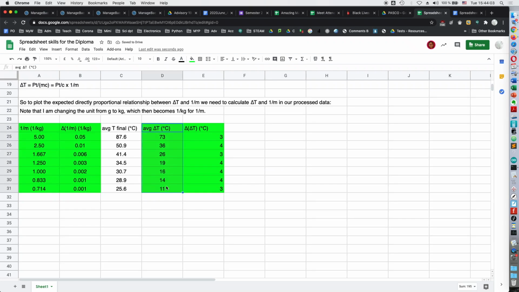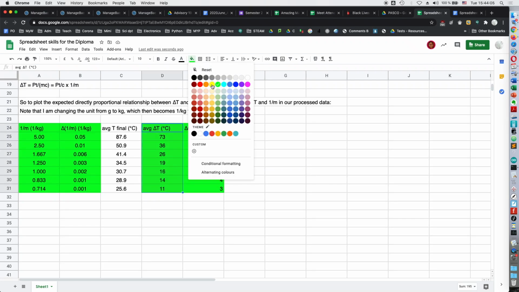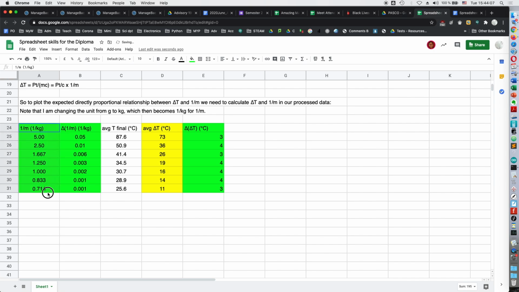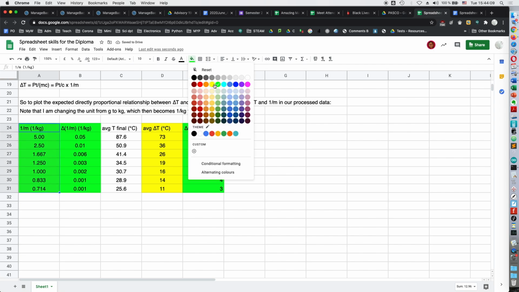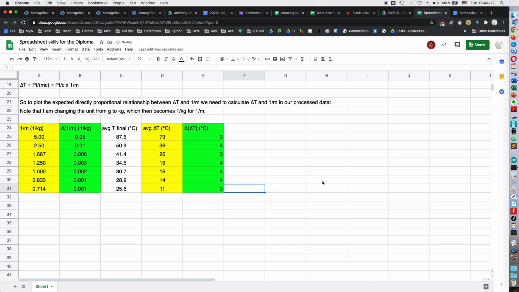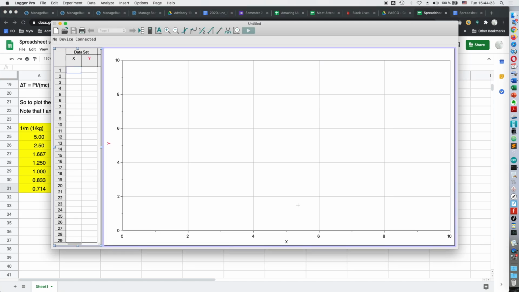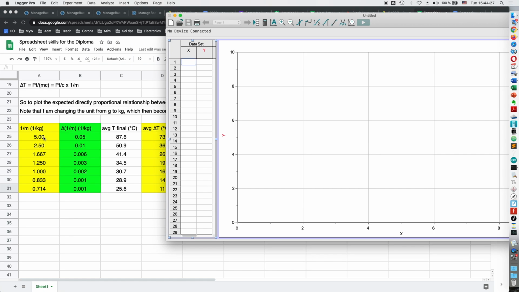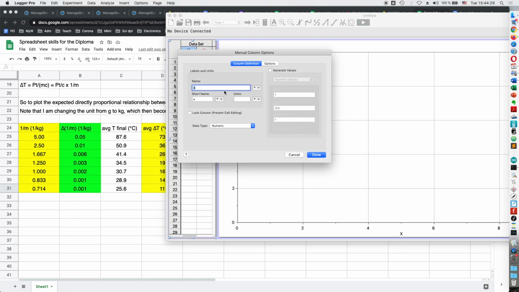So my actual data is this here, of course, and the green bits are the uncertainties. So that is this part done, and now I'm actually transferring this information to LoggerPro. Let's go and do this. LoggerPro, here we go. I'm going to put, for x, 1 over the mass in,